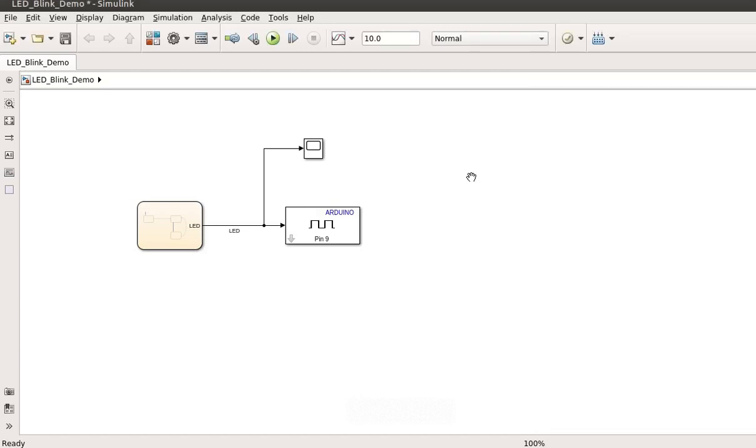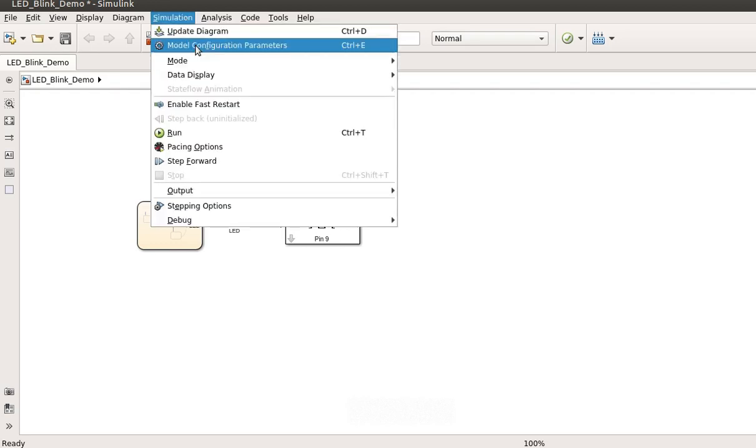In this video we will see how to prepare our model for the software generation, and eventually we will flash the auto generated code into our Arduino board. For this we need to prepare our model for the code generation. That we can do using the model configuration parameters that you can access from the simulation menu and model configuration